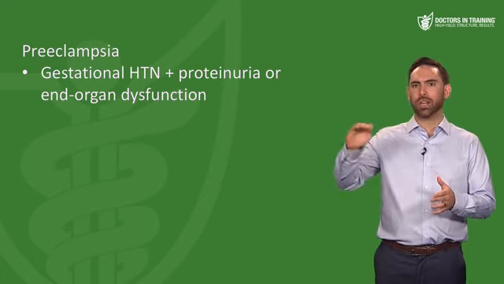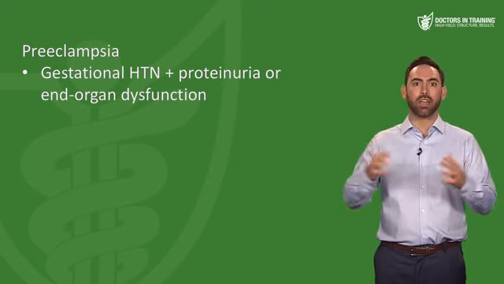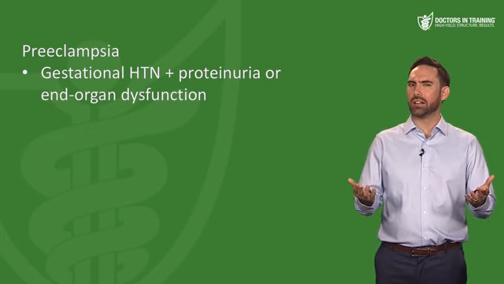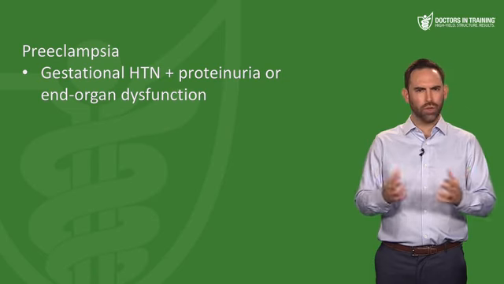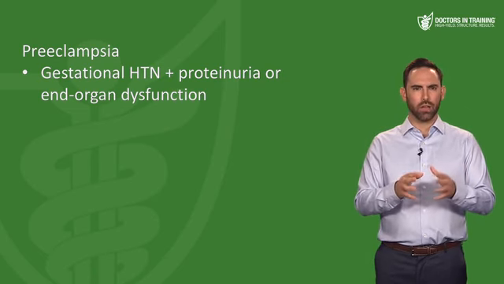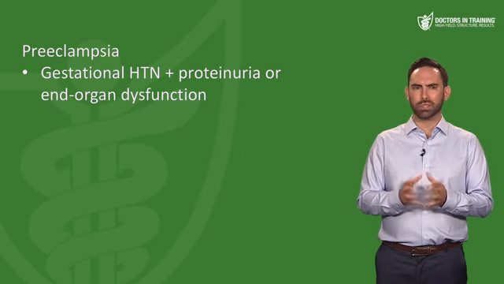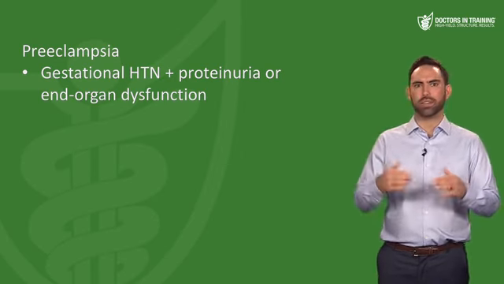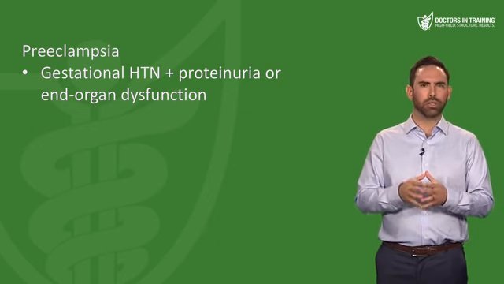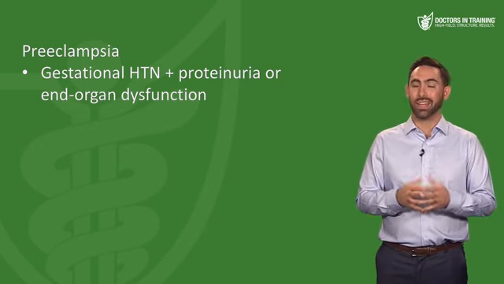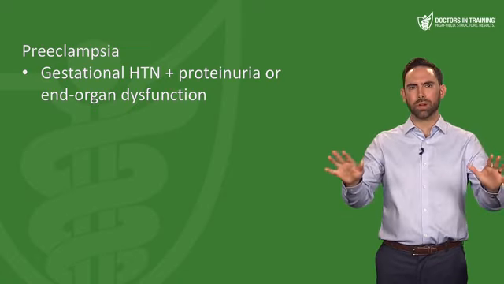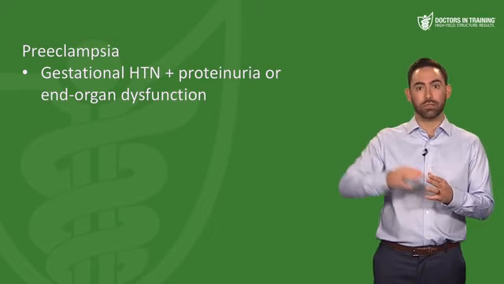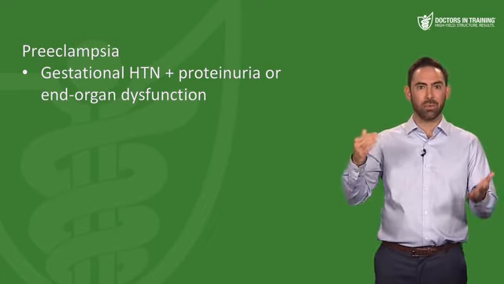Preeclampsia is gestational hypertension plus either proteinuria or end organ dysfunction. We don't know exactly why preeclampsia occurs, but one theory is that there's abnormal development of the placental blood vessels, leading to placental ischemia and an inflammatory response. Another theory is that the mom's immune system reacts to paternally derived antigens in the placenta. In any case, what happens is widespread endothelial dysfunction, leaky vessels, and vasospasm, leading to hypertension, proteinuria, and possibly damage